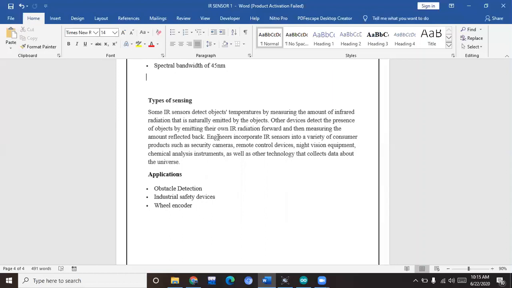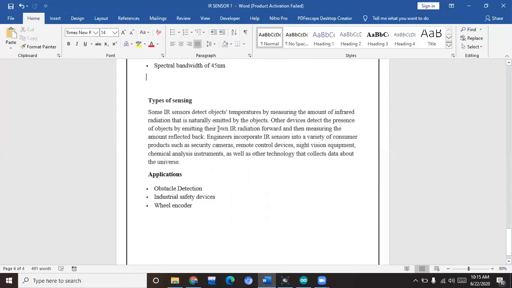For example, this type of sensing is of much importance in electrical appliances. As we know, whenever a part of an electric component is going to fail, it first heats up and then fails. So the IR sensor can detect which part of the electric appliance is heating up. So it can basically detect the problem and give us a solution to it.